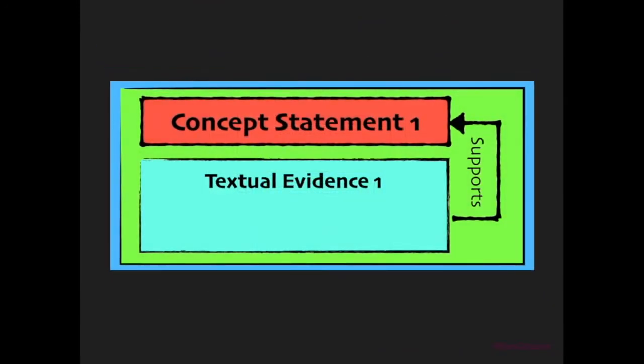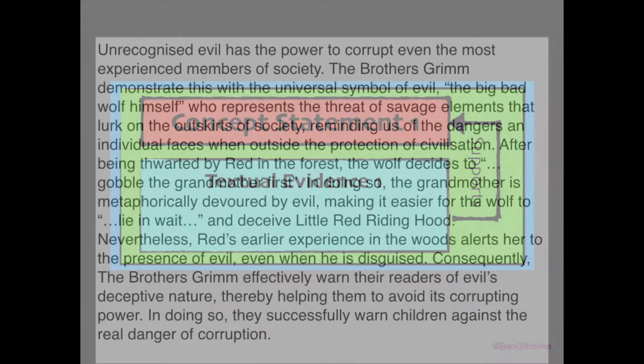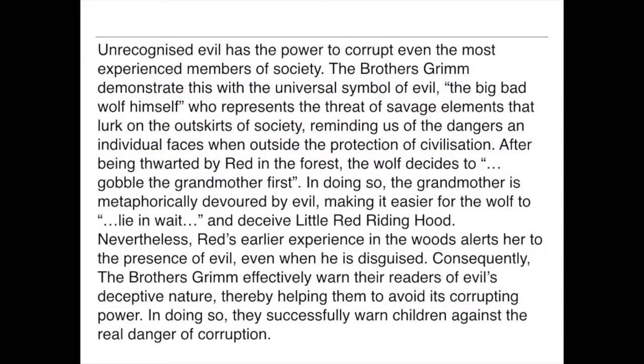Alright, so in particular, we're looking at how body paragraphs help to build a strong argument. So we're going to start by looking at a fairly simple example, but one that works nonetheless. Unrecognized evil has the power to corrupt even the most experienced members of society. The Brothers Grimm demonstrate this with the universal symbol of evil, the big bad wolf himself, who represents the threat of savage elements that lurk on the outskirts of society, reminding us of the dangers an individual faces when outside